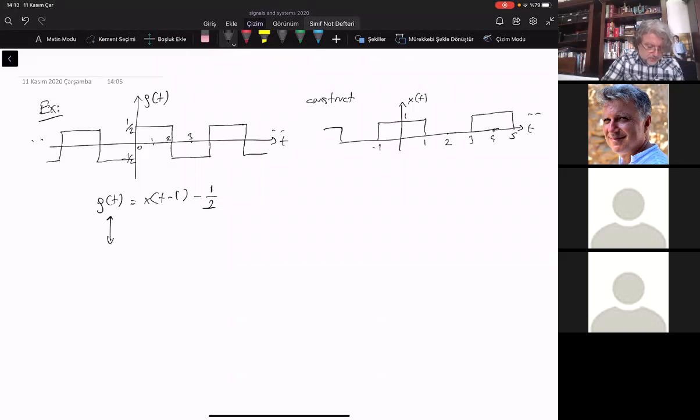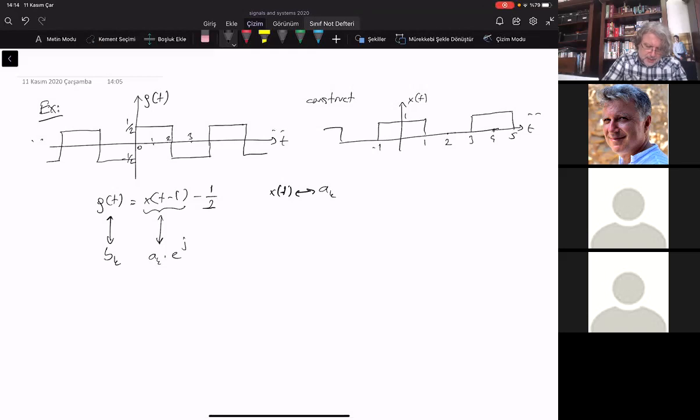This will have the Fourier series coefficients, let's say, BKs, and from here, I can say that the Fourier series coefficients of x of t minus 1 with respect to the Fourier series coefficients of x of t, assuming that x of t Fourier series coefficients are AKs, then x of t minus 1 will have a Fourier series coefficient corresponding to AK times e to the j